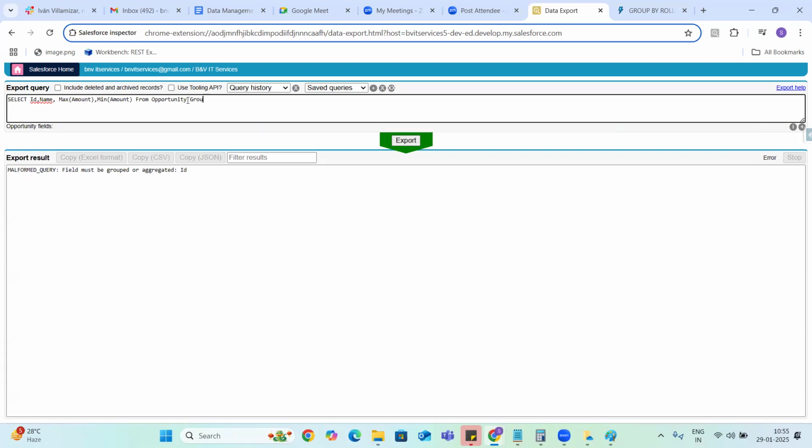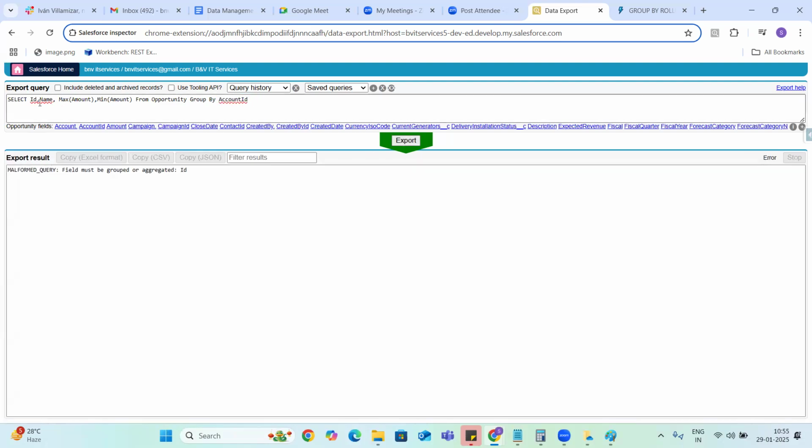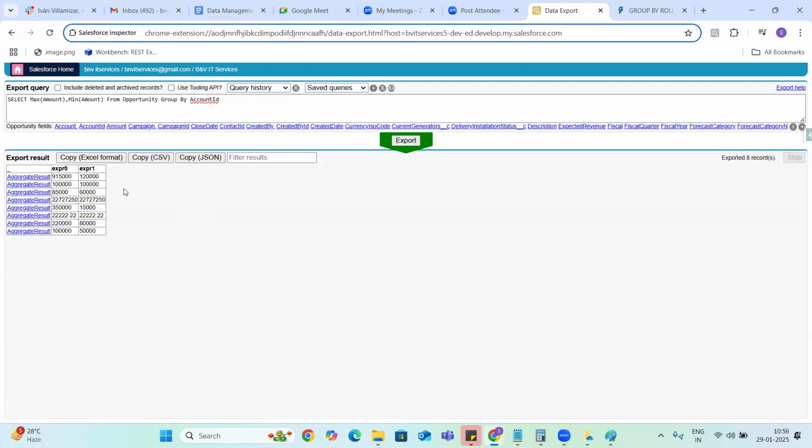Group by account ID. Okay. So, for each account, what is the maximum opportunity amount and what is the minimum opportunity amount, guys?